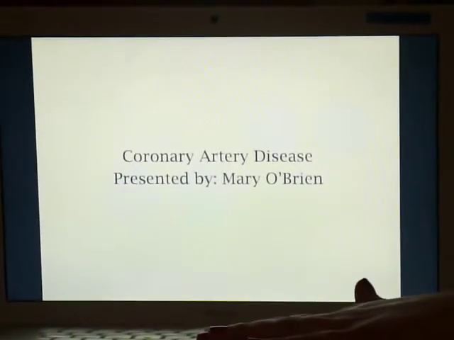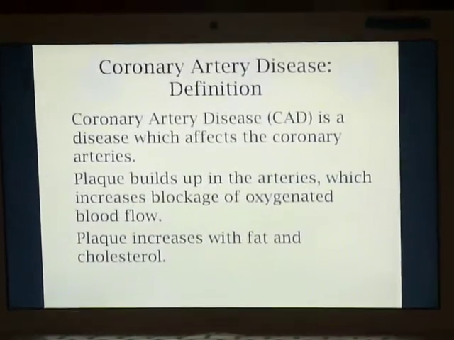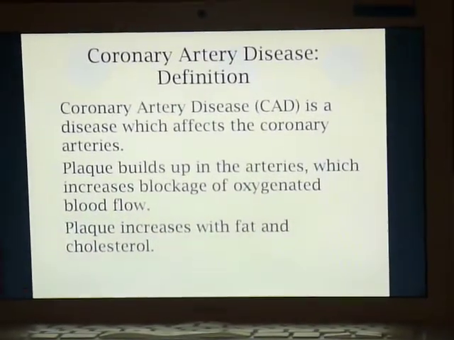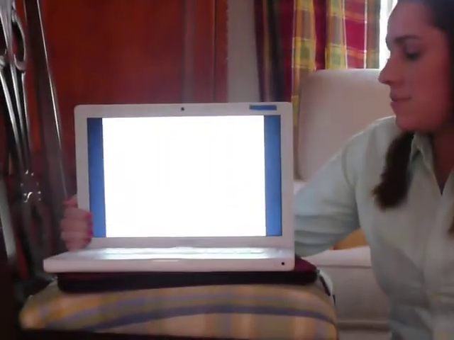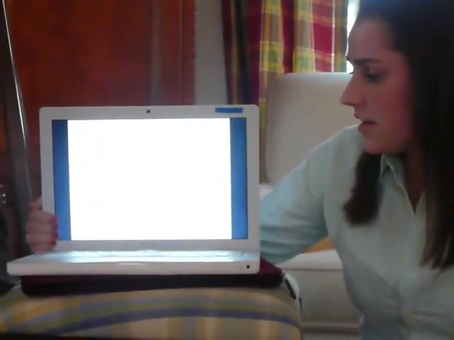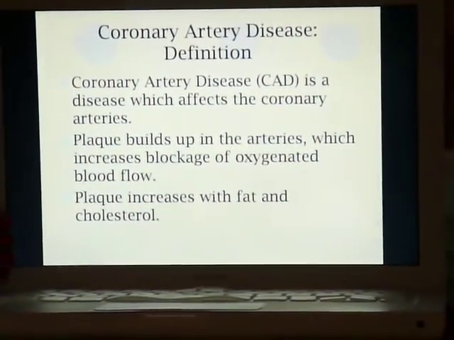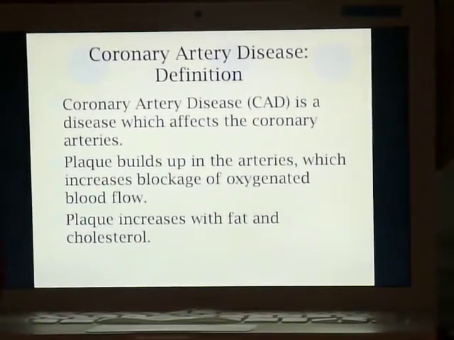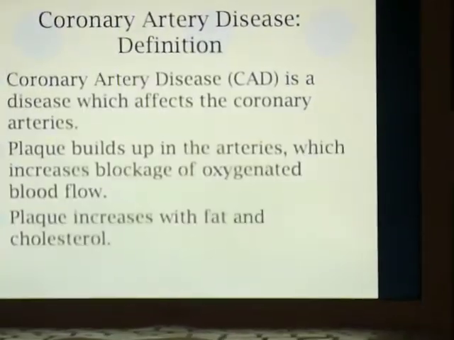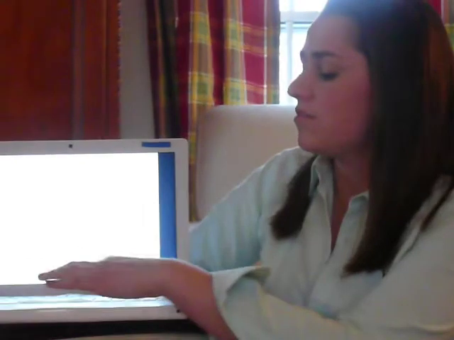Okay, I am doing a presentation on coronary artery disease. Coronary artery disease is a disease which affects the coronary arteries. Basically, plaque builds up in the arteries, increasing blockage of the oxygenated blood flow, and the plaque consists of fat and cholesterol that increases. So when all this plaque builds up in your arteries, everything gets narrower and constricts, so the blood flow is